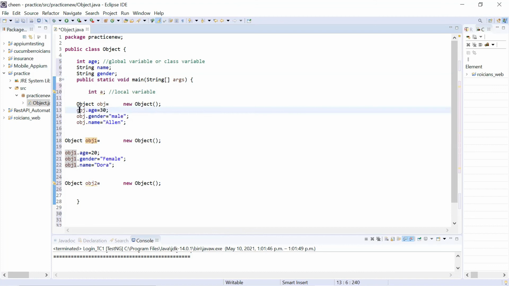It will go to the next line. In the next line, it says the global variable age value is 30. So in this memory area, age will be assigned as 30, gender will be assigned as male and name will be assigned as Alan. It will go to the next line. In the next line, one more memory area is created with these global variables and the values are assigned. A third memory area will be created with these particular global variables. And this is how the compiler will read the main method first and accordingly it will act. So objects will be created in the main method.